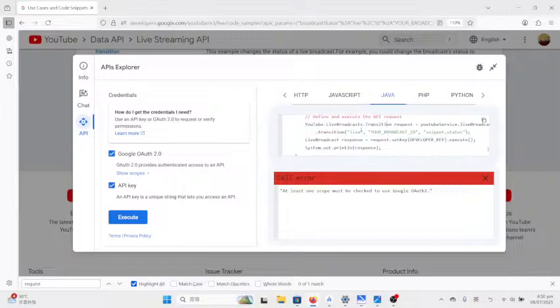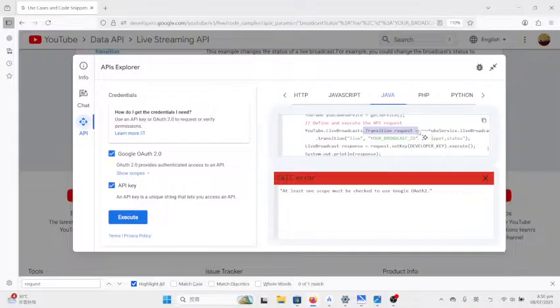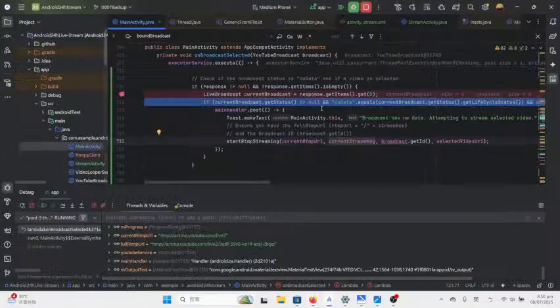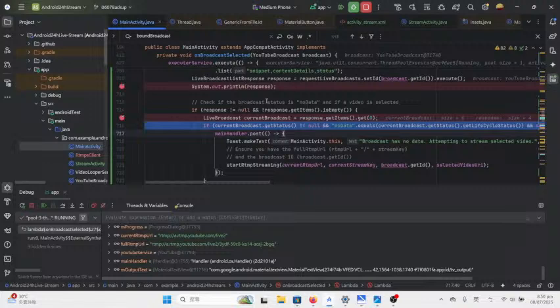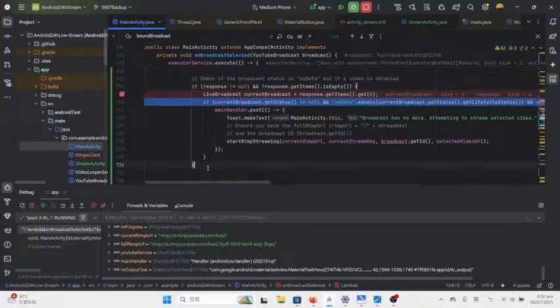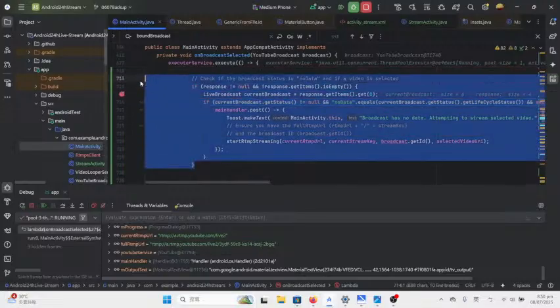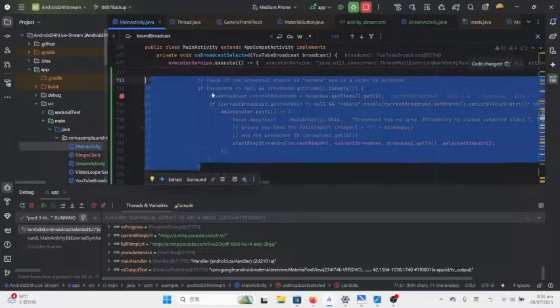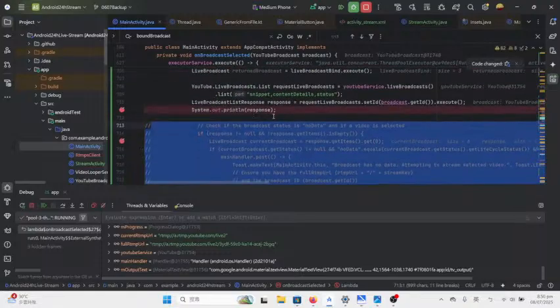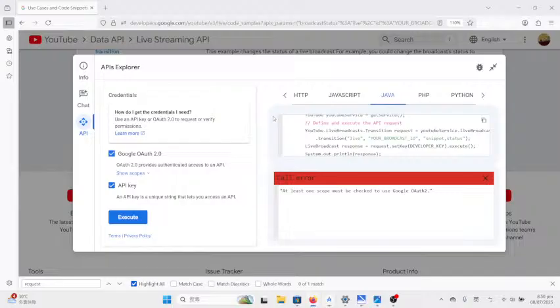Get the right transition request. Okay, if we're using this code, we don't need this code. You know, we don't need this. We just